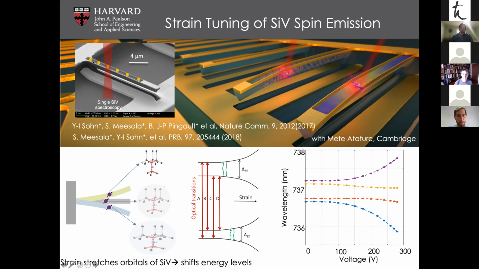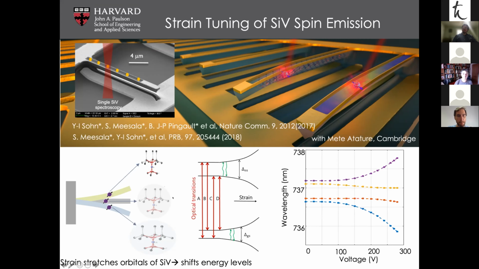And if not, then certainly at 4 Kelvin temperatures, so you don't have to go to these very, very low temperatures for quantum repeater application. But here we really mainly wanted to demonstrate that we can tune silicon vacancy with respect to the cavity. So this is experimental data that shows how, by applying voltage, we can actually tune the emission wavelength of these